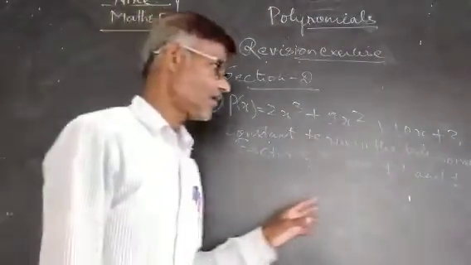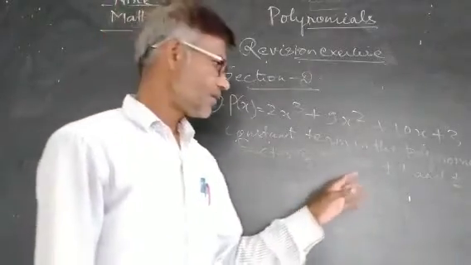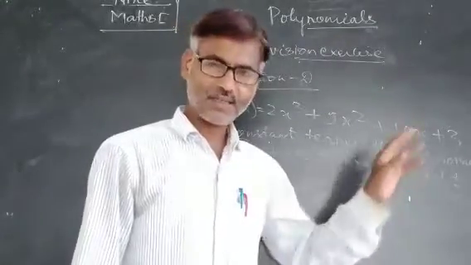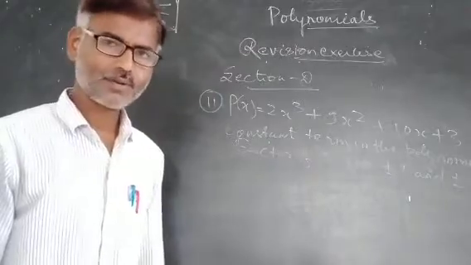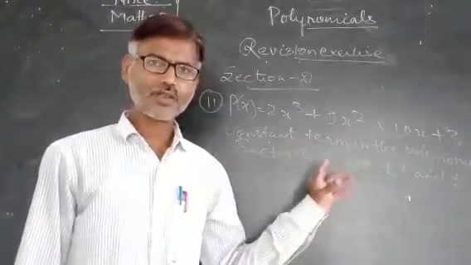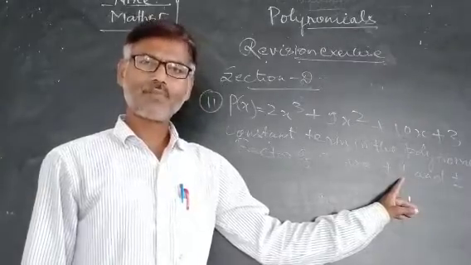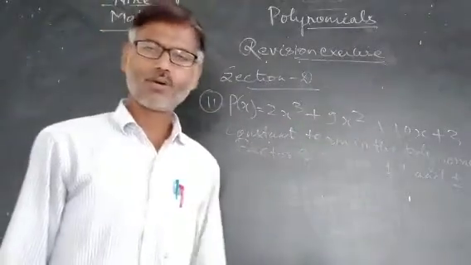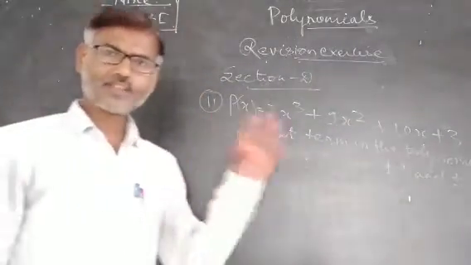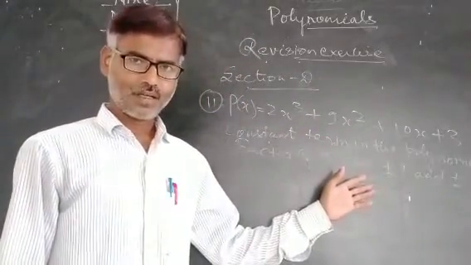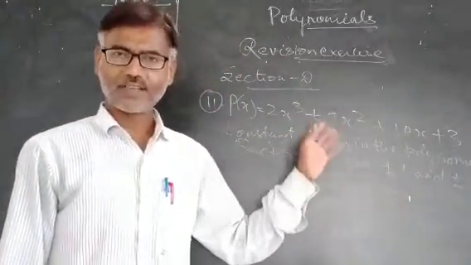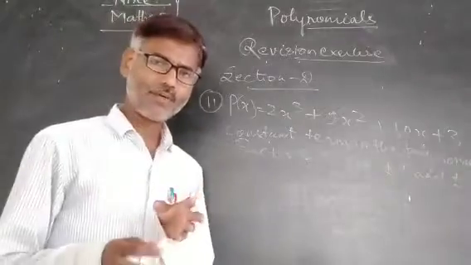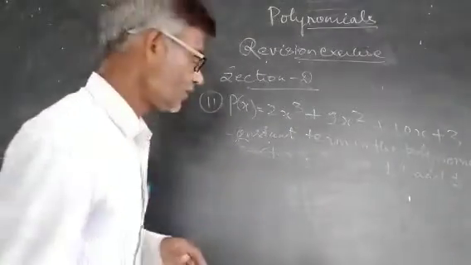Okay? Next, we will put them one by one, say 1, minus 1, then 3, minus 3 in the polynomial. Right? To check which of these numbers, integers, real numbers, makes the value of the polynomial 0. Taking which of the real numbers that are factors of 3 for x in the polynomial, the value of the polynomial becomes 0, that real number will be one of the zeroes of p. So let's put 1.